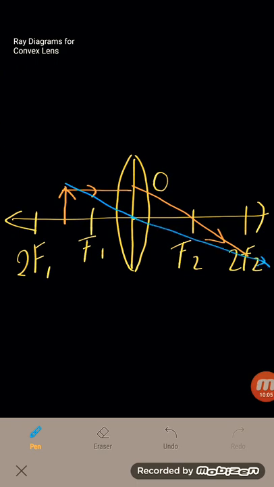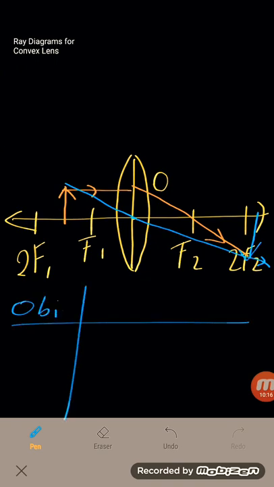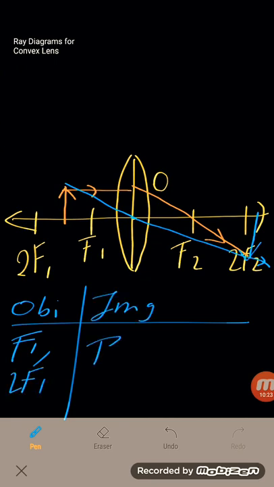This is meeting somewhere outside here, right? So it means that if the object is between f1 and 2f1, the image will be beyond 2f2,